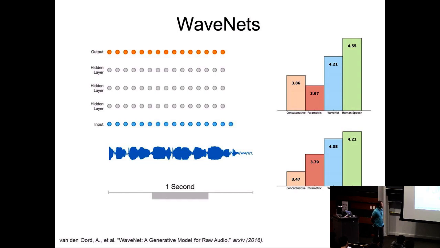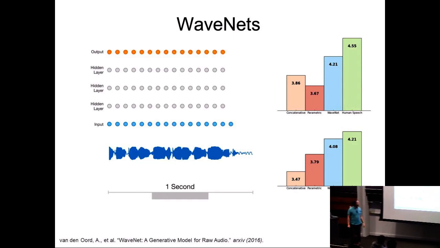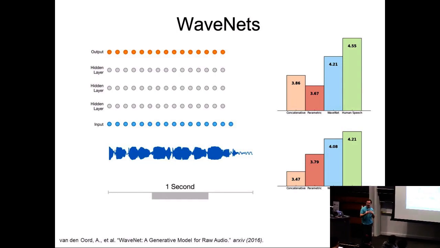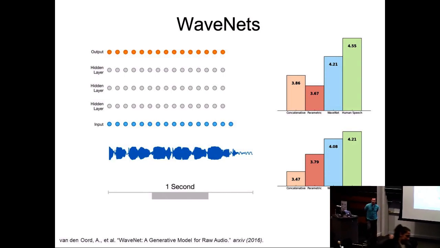By doing this kind of hierarchy here, you can see that the prediction for this time step can really take into account a huge context, right? Because it's almost like a logarithmic scale. So it can really take a large context into account to predict a single small speech signal. And they've had some successful results, because if you look at the speech, it actually is pretty good. The quality of the speech is pretty good.